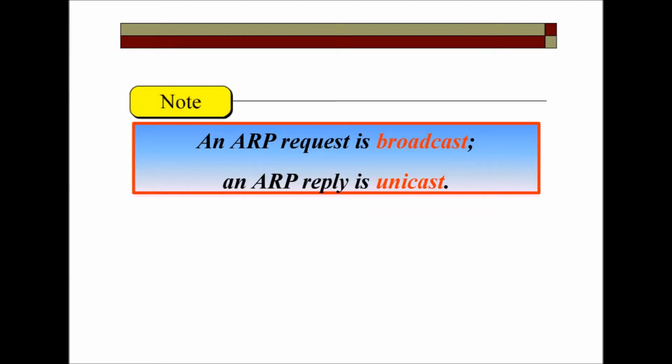And next is unicast. If we send a message to a specific person, just one person, that is called unicast. And if we have created different groups, for example family, friends, and so on, so in family there are 10 numbers, in friends there are 15 numbers. So if we forward a message to friends, this is called multicasting. So these three terms are always used in our networking field as well: unicast, multicast, and broadcast.